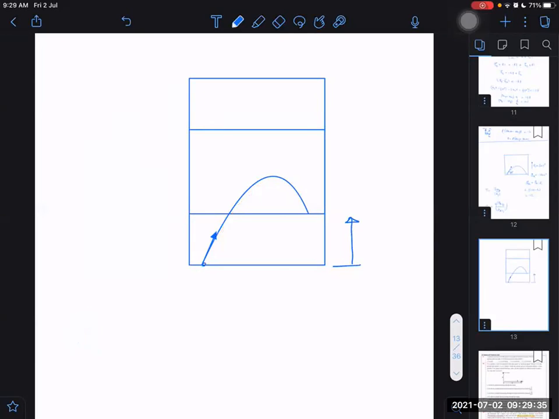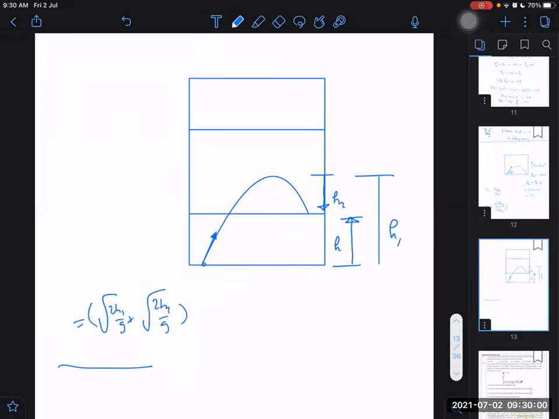The HUT formula is applicable only if we are coming back to the same level. No, sorry, that is applicable for going up also. But in that case, I have to go up to this place first. This height is, let us say, h1, and then separately I have to find the remaining height by which it is going down, h2. Then my answer will be root 2 h1 by g plus root 2 h2 by g. This is one way of getting the time.